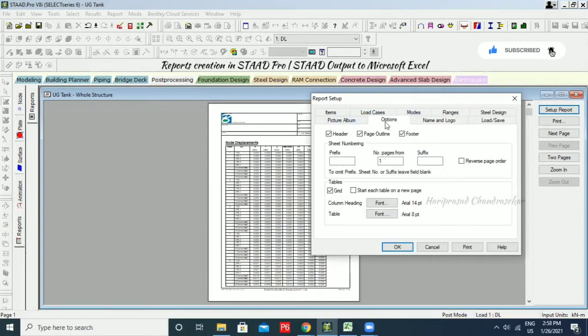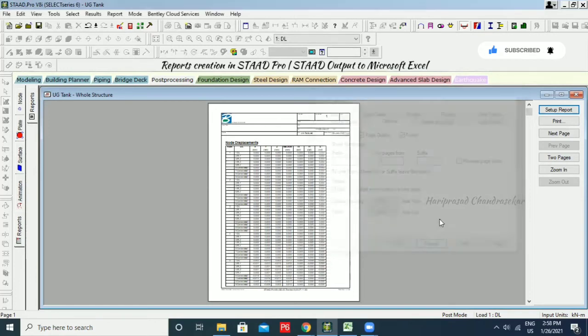And you can go for options. In options, you have header, page outline, footer, and even you can go for prefix, suffix for the page numbers. These are common things we can put in the setup, and we will be getting those as a result. This is what report is, as simple as that.